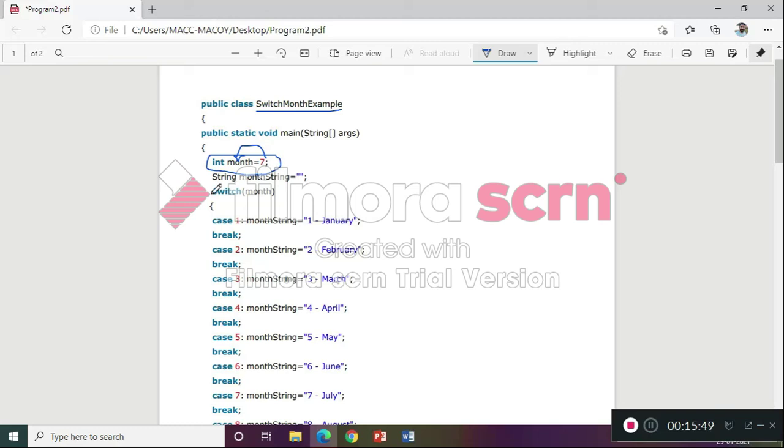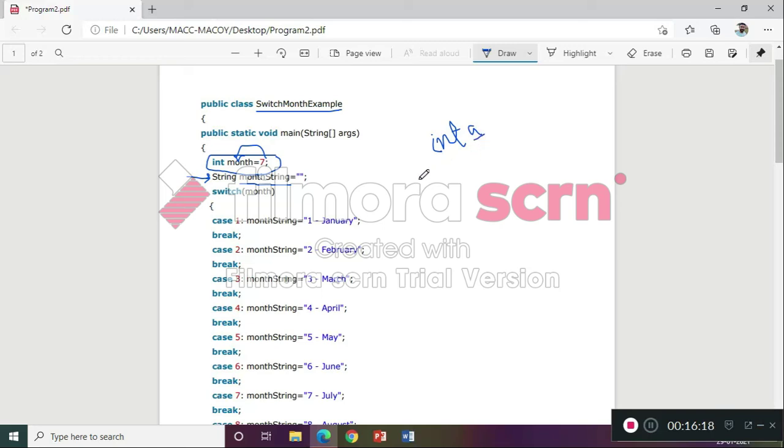Now, String monthString, this is the name of the variable. Its data type is what? Its data type is String. Okay, String is responsible for what? String is responsible for withholding words. For example, if I have utilized int a, then a is a variable which can only withhold what type of value?